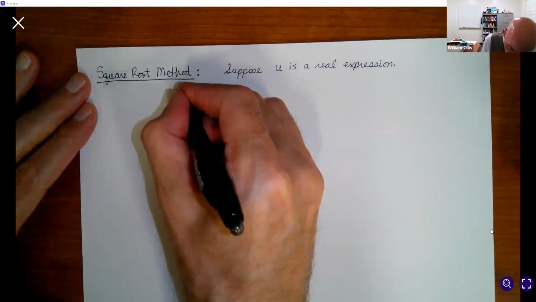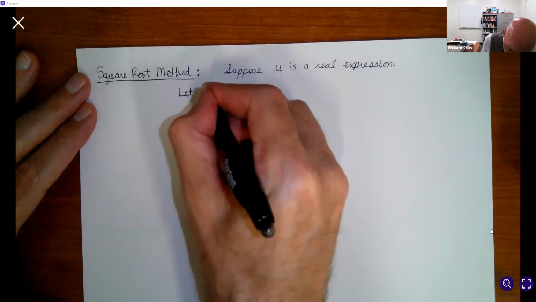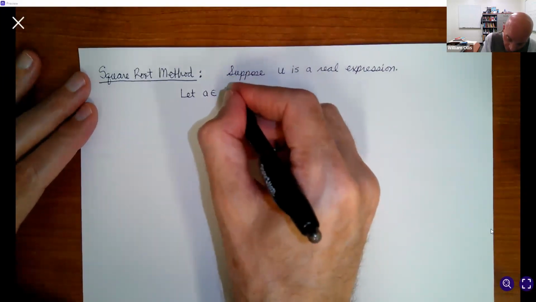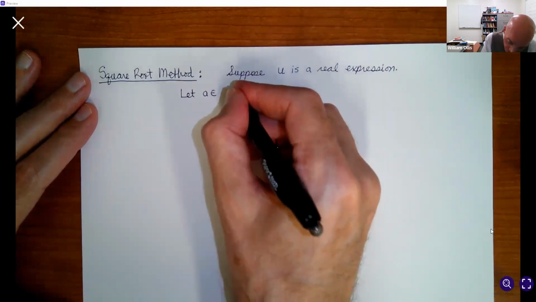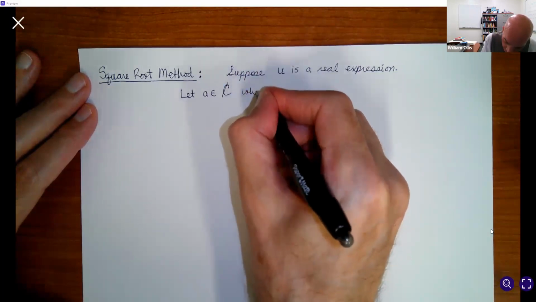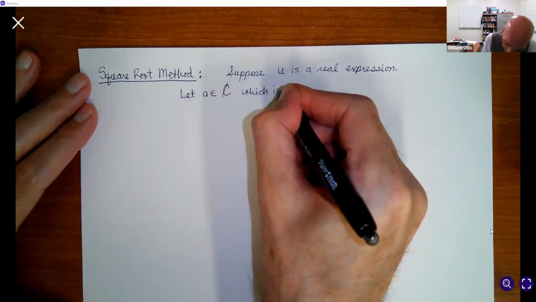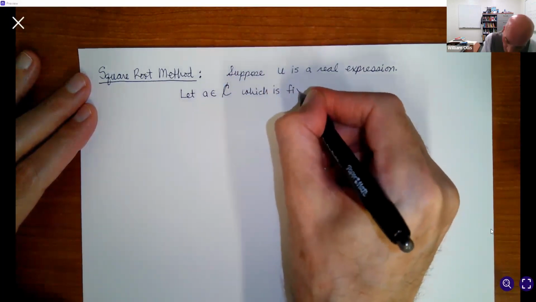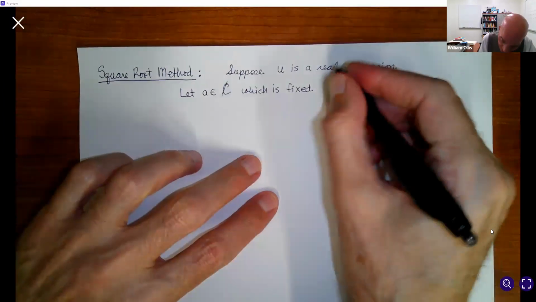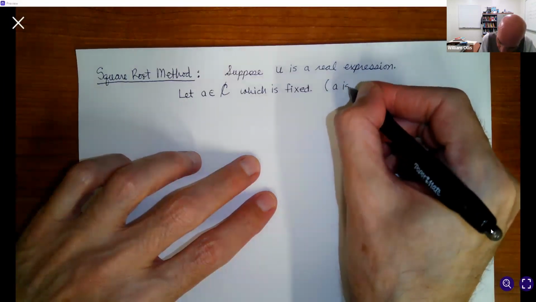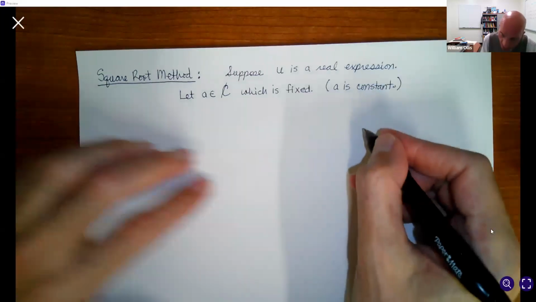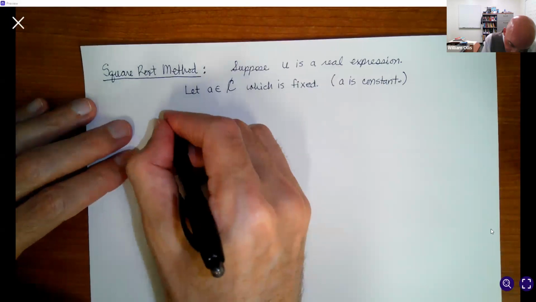And we will let A, in this case, it can be any number. We could say maybe a complex number or even a real number. Let's just say complex number, which is fixed. So again, remember, when we fix A, we mean A is constant. So let me just write this here. A is constant. So now the equation looks like this. So we have U squared